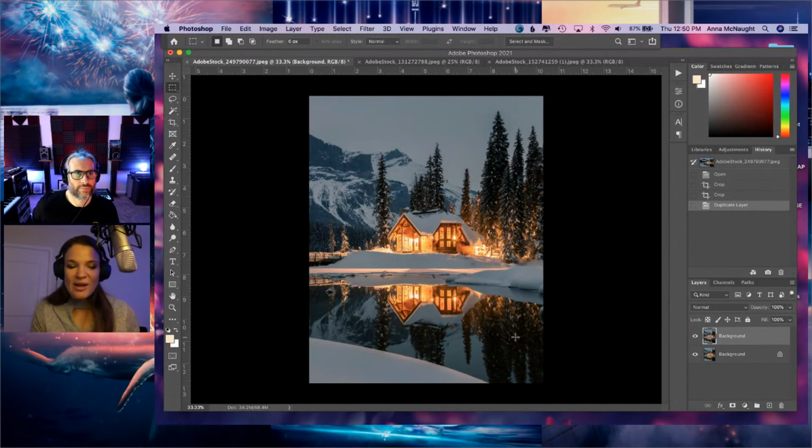When we got home, I loved all of the photos, but I felt it's missing something. Based on what we did yesterday, you could, of course, add the glow in, but there's always something that is missing when it's not the real image. So at that point, I went on Adobe Stock and typed in, I think, Emerald Lake, British Columbia, because I was looking for this exact image and I found this. I was like, perfect. Even though I have my own photos of it, this is exactly what I was looking for.